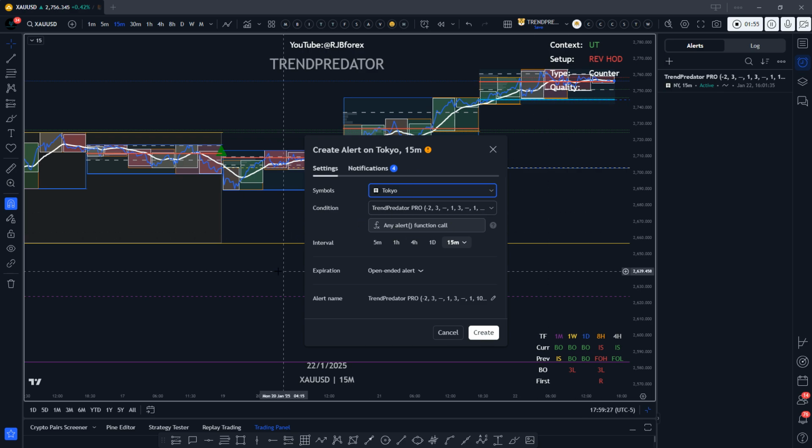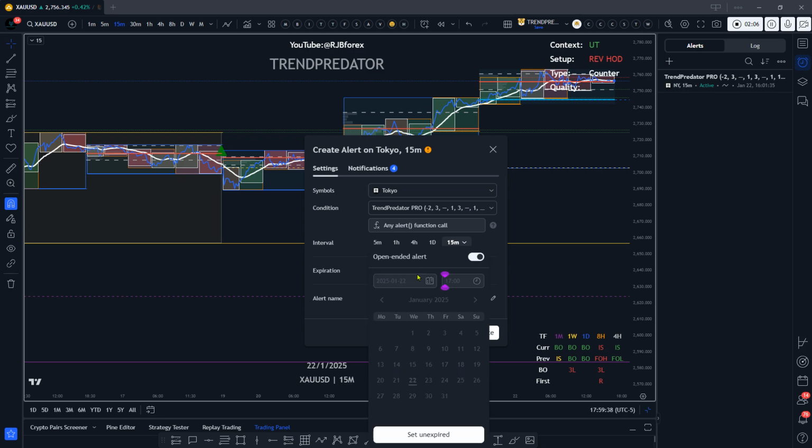So everything's good there. Now, if you don't want alerts going off around the clock when you're not trading, and because these alerts will go to your email, your phone, wherever you set it to, you toggle that off, and that will be off. So you need to set this up each day at the start of your trading session, and you select a time,